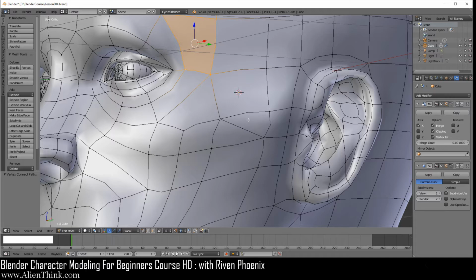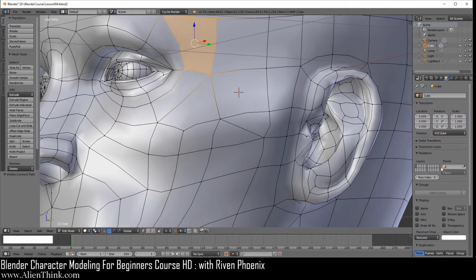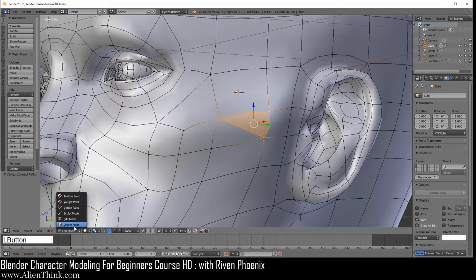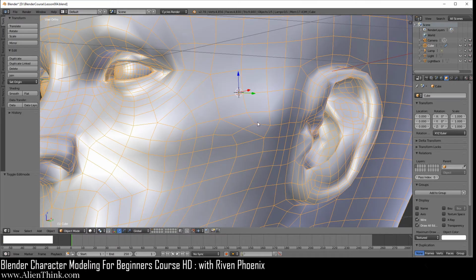And we can prove this by simply going over here into this tab, clicking on wire and draw all edges. And now keep your eye on right over here. Look what happens when I go to object mode. See, there is no triangle. They're all quads. So what Blender is doing is that regardless of what you do with the subdivision modifier, if you create the object with a triangle or a quad or an n-gon, which is more than 4 vertices, it's always going to make sure that the object is always created with quads.